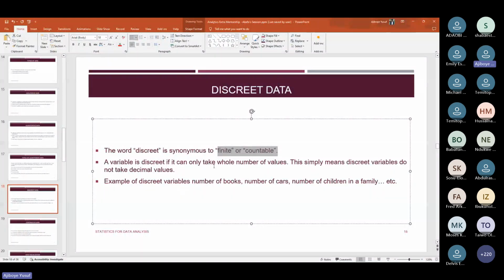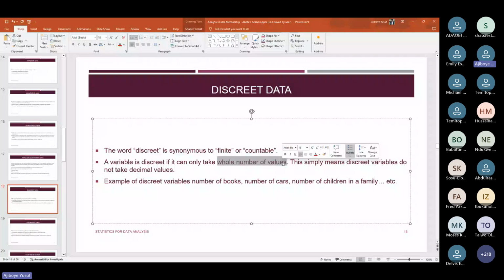We call them discrete. Example: quantity sold. How many units of goods are you buying? Oh, I'm buying 10 bags of this, 5 bags of that, and all of those things. So whenever something is countable and it can only take whole values, then it's a discrete variable. On the flip side,